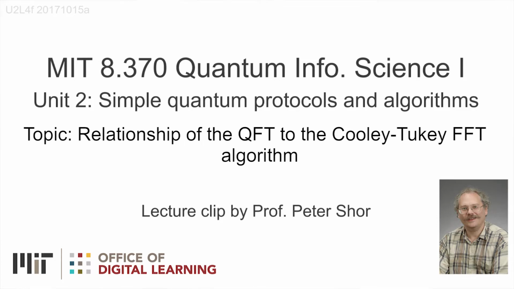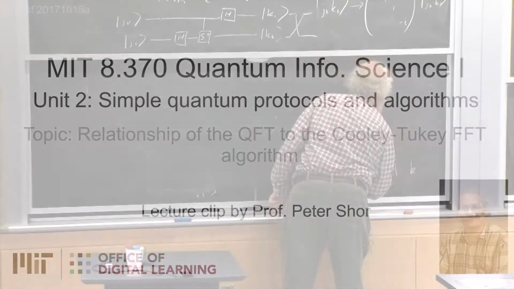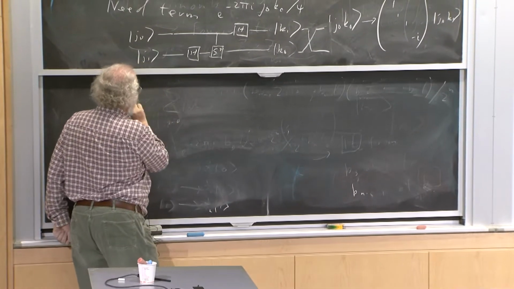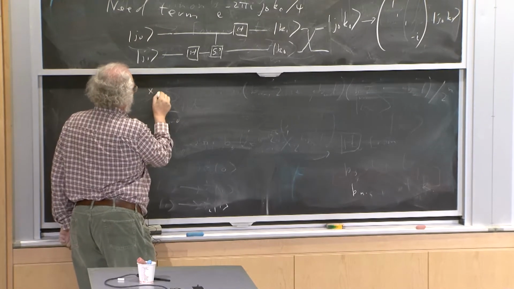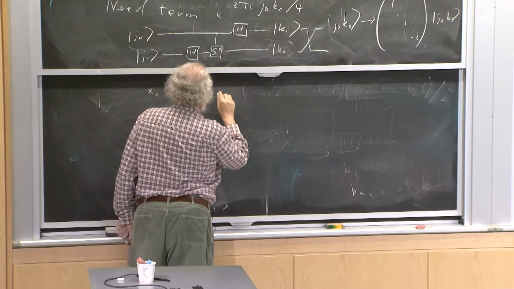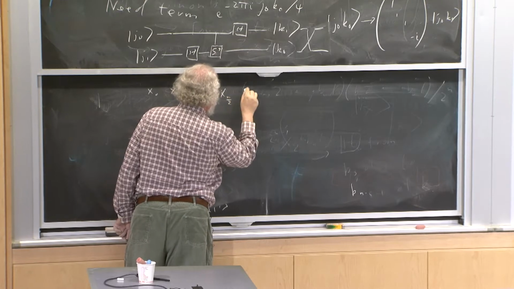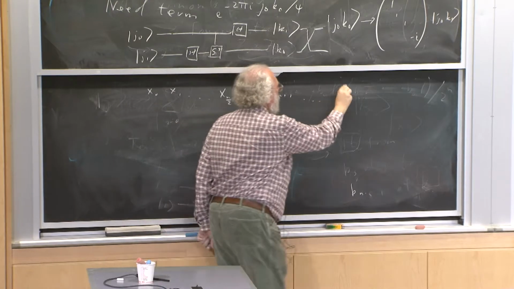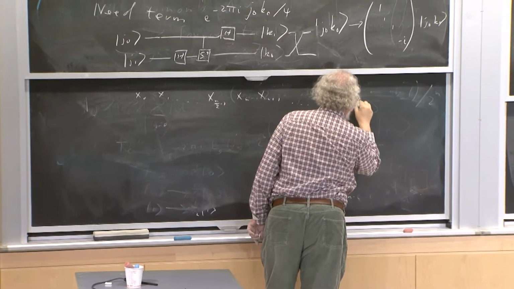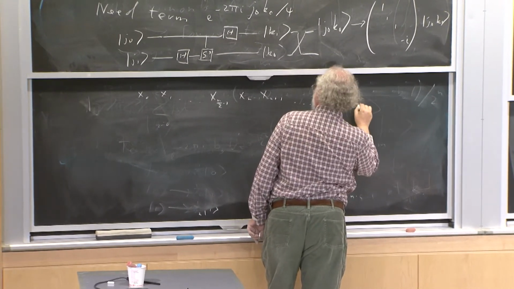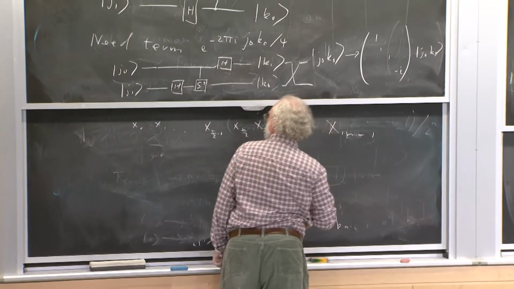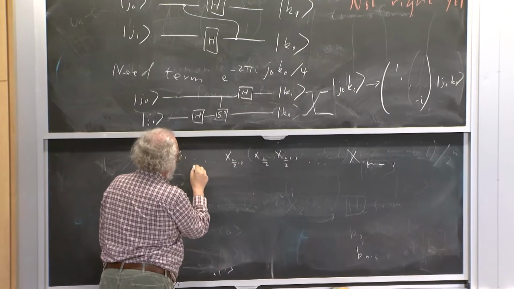Next part is only going to make sense to people who understand the Cooley-Tukey FFT. Recall the Cooley-Tukey FFT had, I guess, x0, x1 through x(n/2 minus 1), x(n/2 plus 1) through x(n), x(n minus 1). And you took this guy,